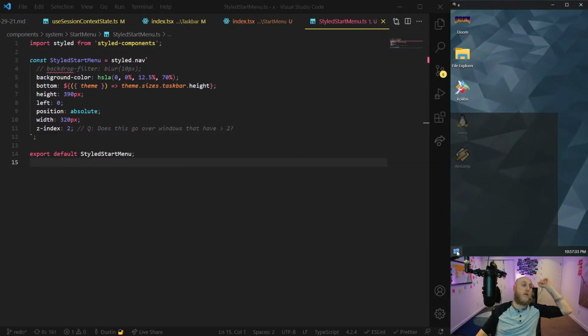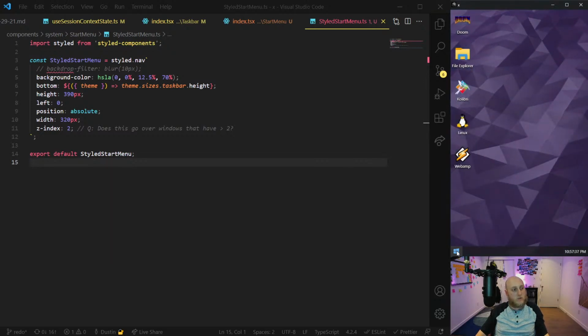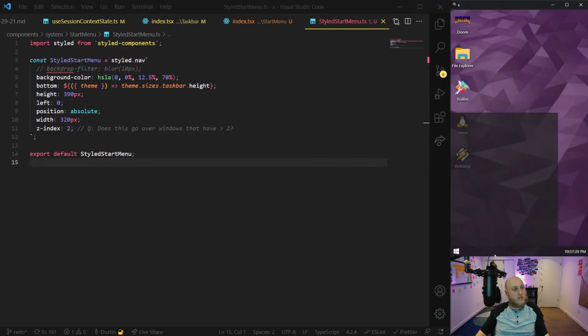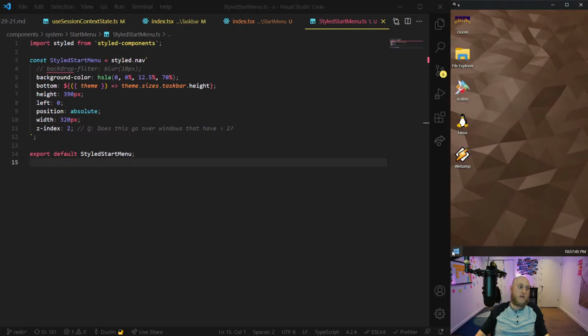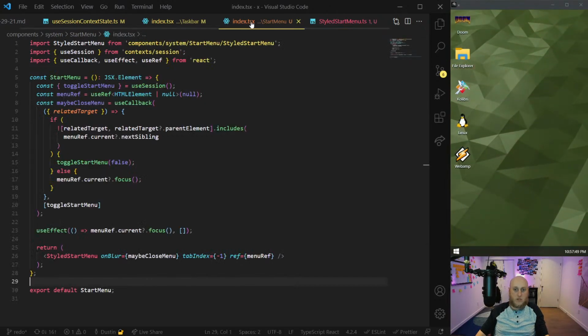Click, there we go. So now we got our start menu. Look at that, that's cool. And toggling is working. So you see here, if I'm clicking the taskbar, it's not going away. I click the clock, it doesn't go away. But if I click the desktop, it goes away. And if I click the button and then click it again, it goes away. So that was the logic here.